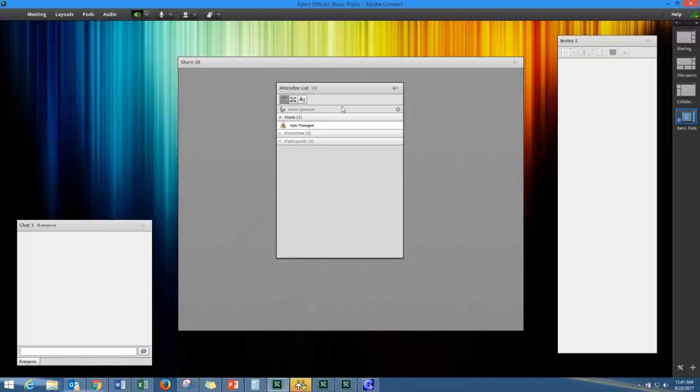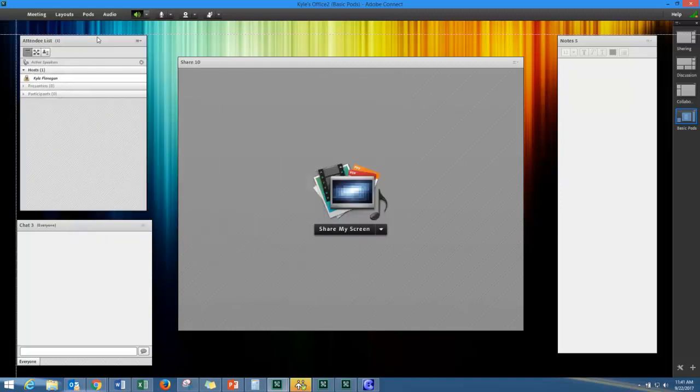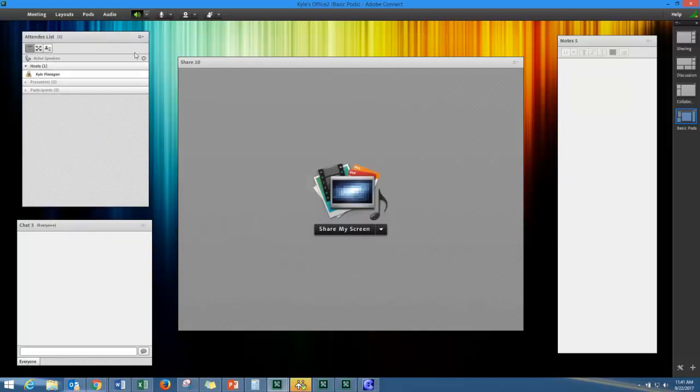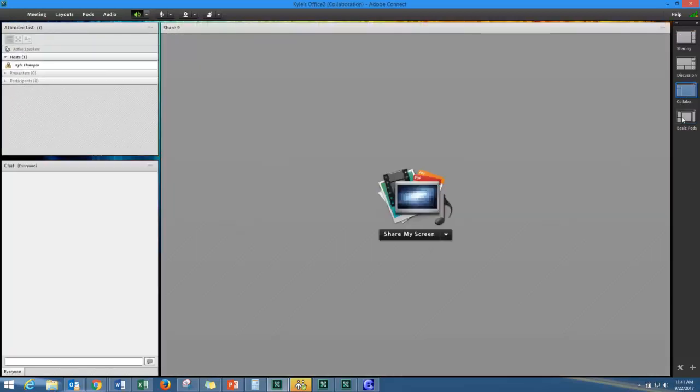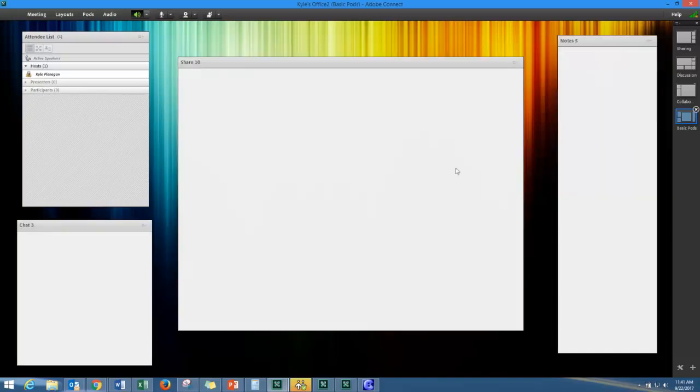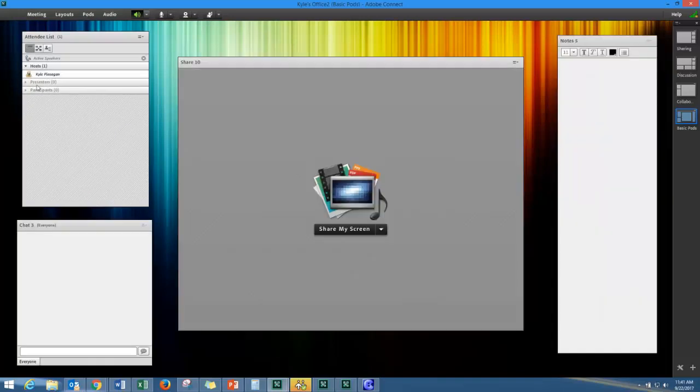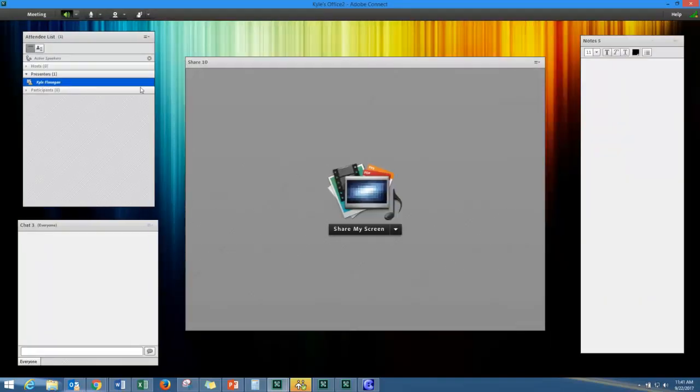Your attendees list is comprised of 3 different roles: hosts, presenters, and participants. Hosts are top dog in the room. They can do anything. They can change layouts, as I'm doing right now. They can add new pods to the room, as I did earlier, reformat, resize them. Presenters are a step underneath of them. And so really, they can't move anything anymore. They can't customize the room in any way, fashion. It's really just, you're there to present and use what you're given. So you can use the share pod here, jump into a screen share, upload your own documents,